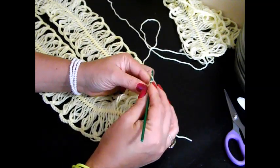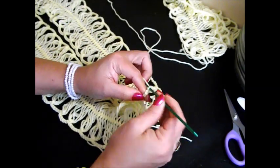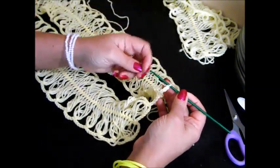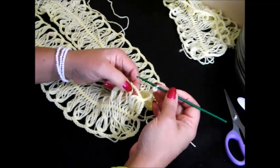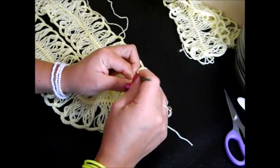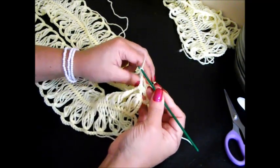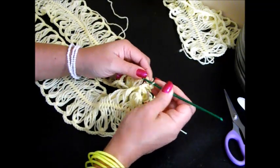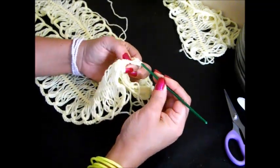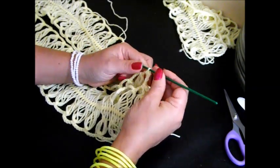Now we're going to chain 4, 1, 2, 3, and 4, and we're going to come back to this piece here, to that chain space of 5, and we're going to do a single crochet in there. We're going to chain 4, 1, 2, 3, and 4, and we're going to go back to the other piece in that middle there. Make sure that always you work in between those chain spaces, and you don't miss any,